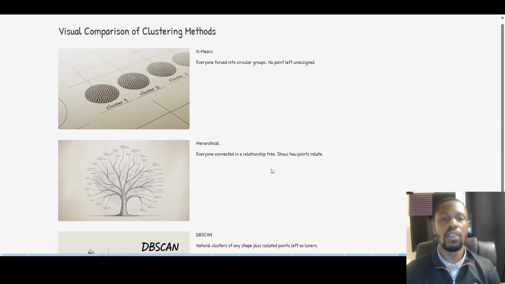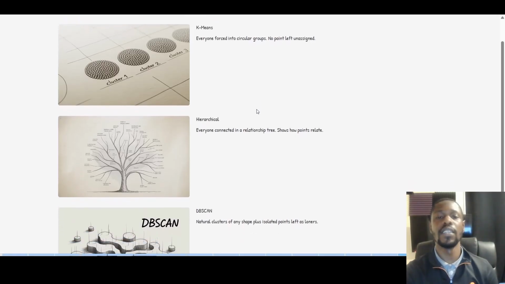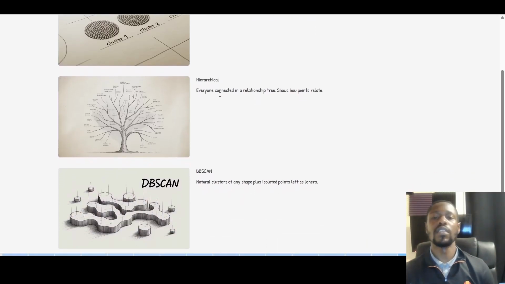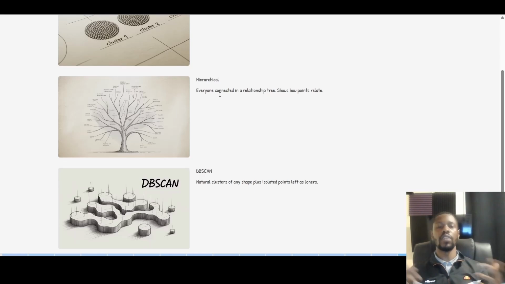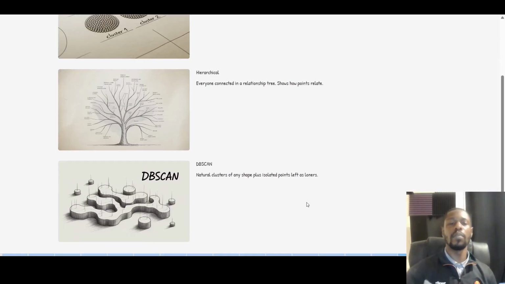So here's a comparison of each of the different methods, a visual comparison. With k-means clustering, we're trying to form neat groups with as little variance as possible, with everyone being forced into a group. Hierarchical just shows how each group relates, and everyone is connected in some kind of big relationship tree. Where density-based scan is the most arbitrary of all of them, where the clusters aren't any particular shape or size. It's just we're grouping people depending on natural crowds and natural patterns that are forming, that are close together,